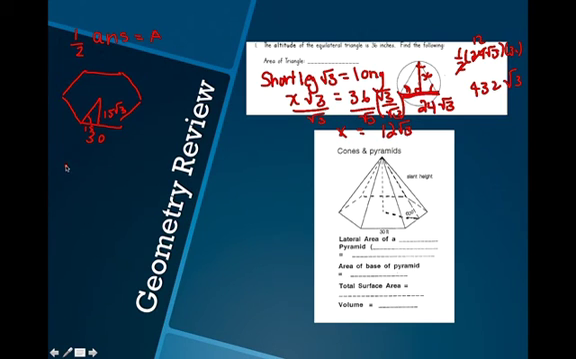I can find the area of the base. Now the area is 1/2 the apothem, which is 15 square roots of 3, times 30 times 6. Multiplying that together, I have my area is 1,350 square roots of 3. If I wanted to find the lateral area, formula again from geometry, 1/2 the perimeter of the base times your